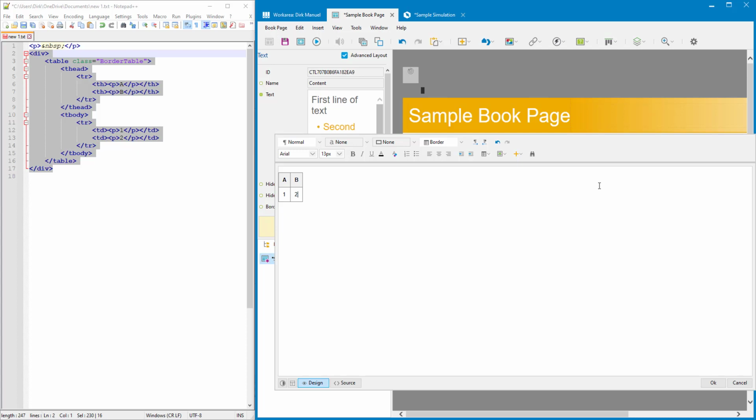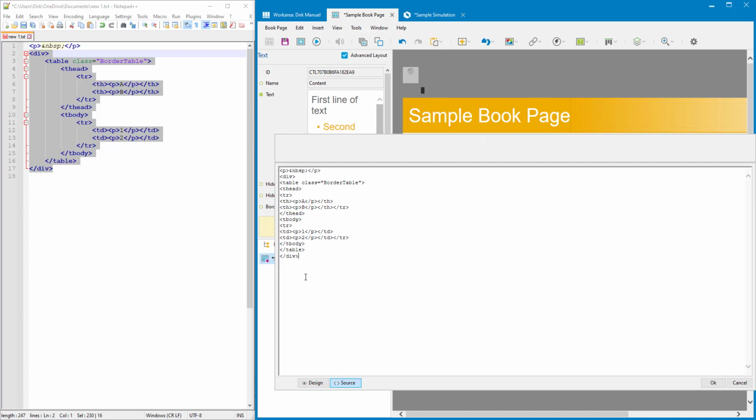Okay, if I type some text in, it's going to appear in the cell. If I press enter, I'm still within the cell. This is where it's not great, and the only way to really fix this is to basically go into the source code, and after that div, just enter whatever your text is going to be, and then go back to the design